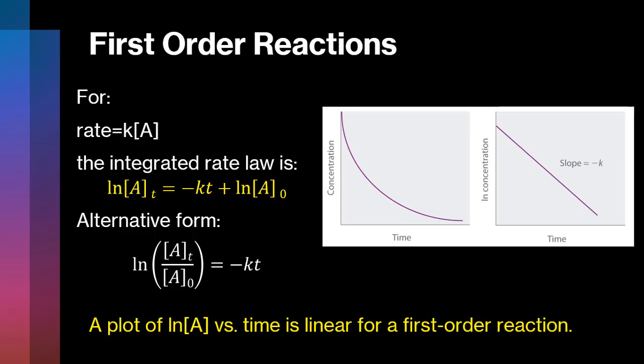Again, let's ask what produces a straight line. Here, if we plot the natural log of A versus time, we should get a straight line with the slope of negative k. Notice something important in the graphs here. The actual concentration of A versus time would be curved because it's not zero order, it's actually a first order reaction. It only becomes linear once we transform according to the integrated rate law for first order reactions. So once we transform the concentration by taking its natural log, that graph will become linear. So again, for first order reactions, the natural log of A versus time would give us a linear line.